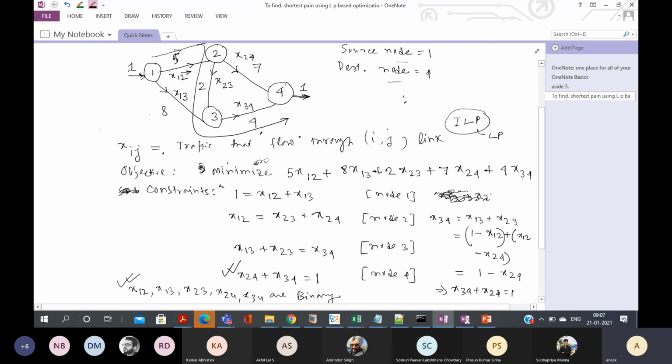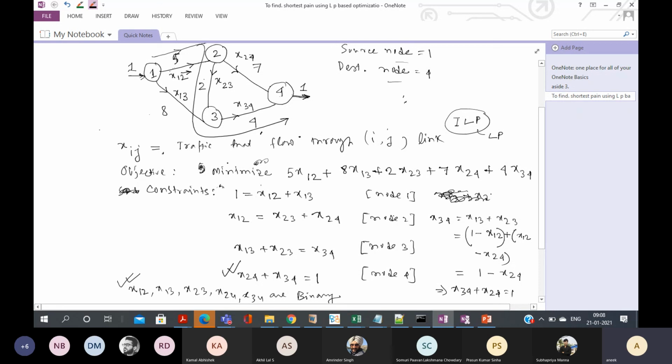Basically, I wanted to find the shortest path between 1 and 4. So it is expected that traffic will leave along the 1-2 link and along the 1-3 link. But he had considered that traffic follows the 2-3 path only. On the contrary, your shortest path could have been the 3-2 path also. So you should consider this x32 decision variable also. Fortunately, your path is this.